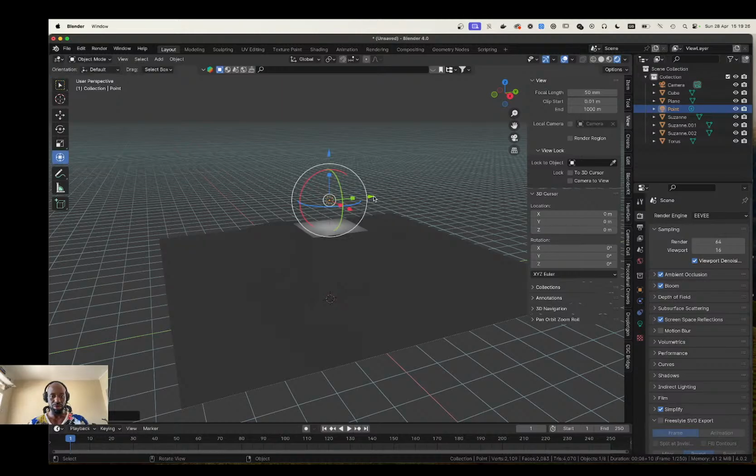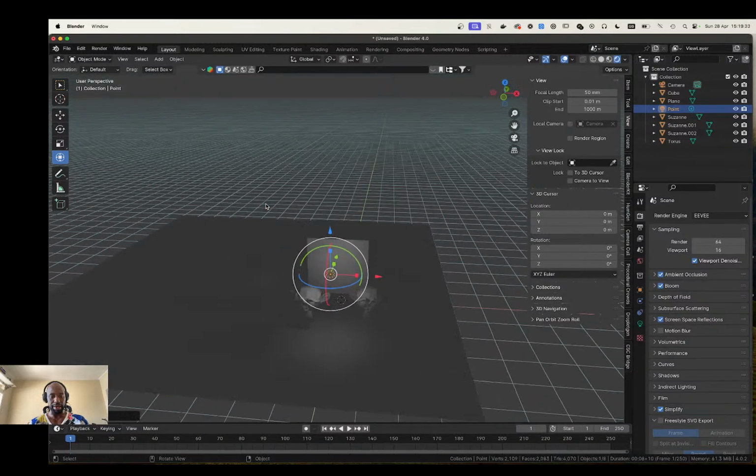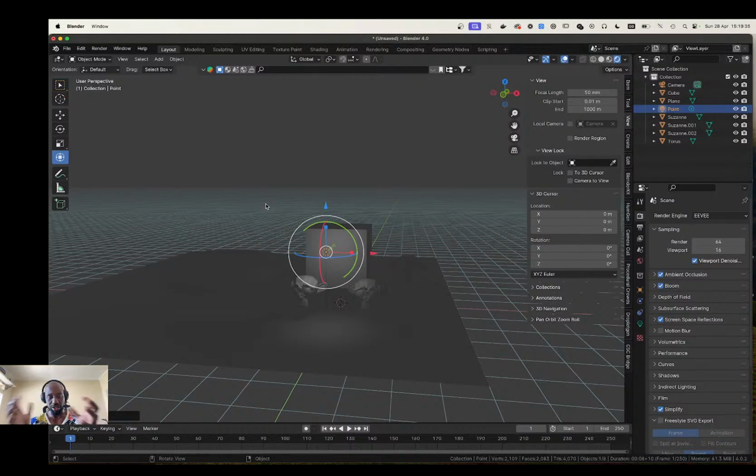Let's press this gizmo in order to move it wherever you want to move it. This is a point light, which is more of a circle circumference type light. You can change the settings of this light